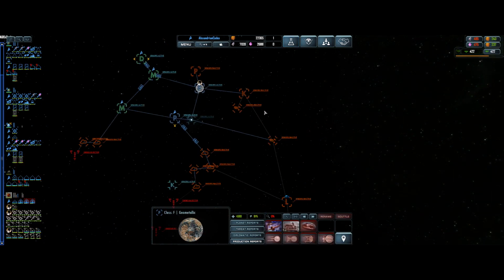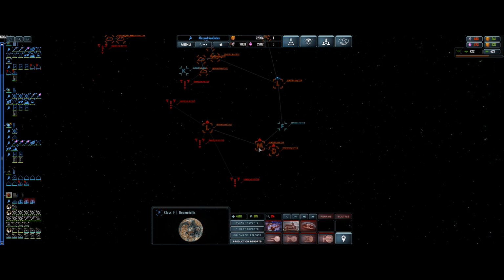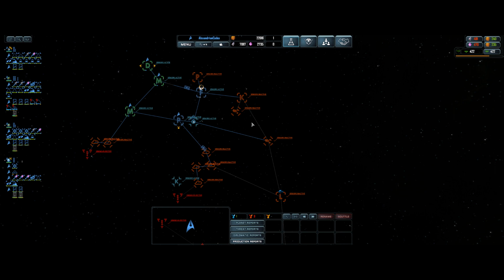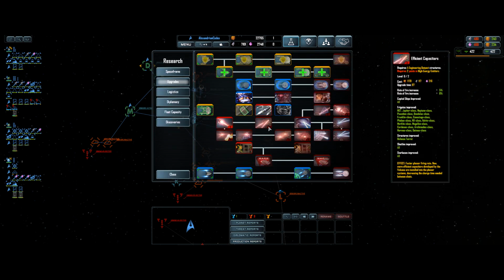The trade ships are going here. I think they're trying to trade with the Klingons, and they're almost certainly dying along the way. You'd think they'd learn, but